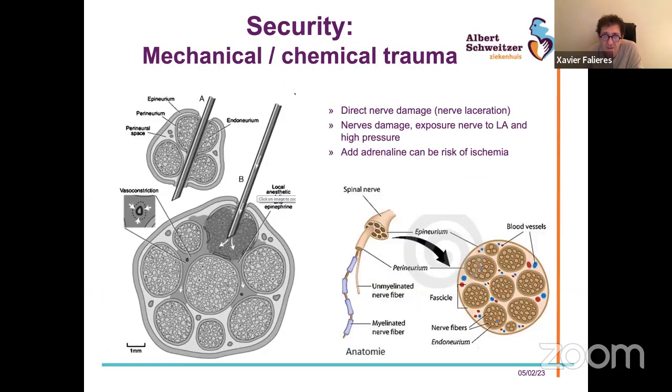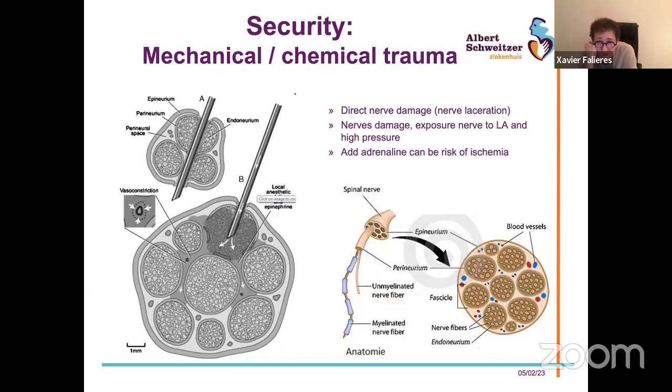And when we speak about security, this was now the worst case scenario of deadly intoxication and what you have to do, potentially deadly. But now I would like to speak more about the security of the mechanical and chemical trauma when you give the block. You will see your needle can arrive in some very, very fragile structures. You can, giving a block, damage the nerve